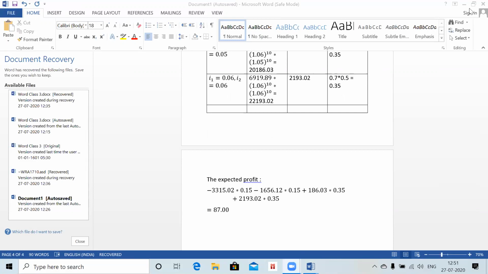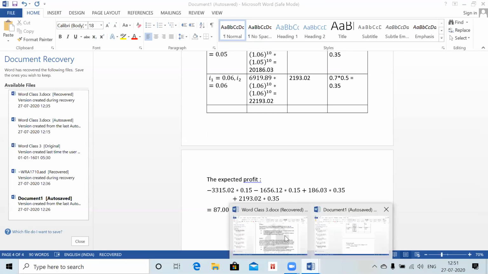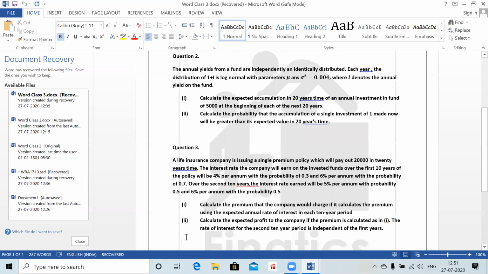Done. Okay. Write the parts to this question. I couldn't complete typing, right? Explain why it is continued. This is a continuation of this question only. Okay. Explain why, despite the company using the expected rate of interest,